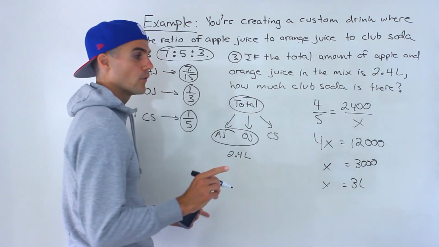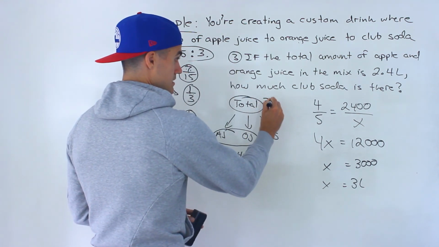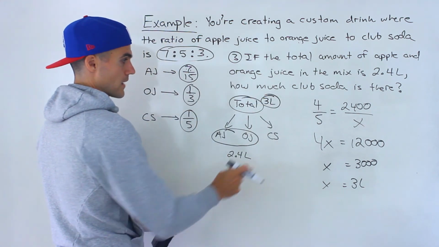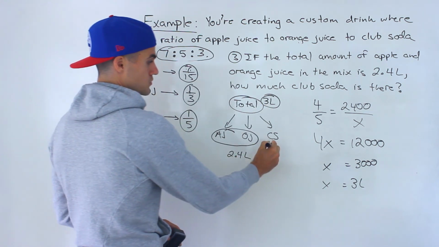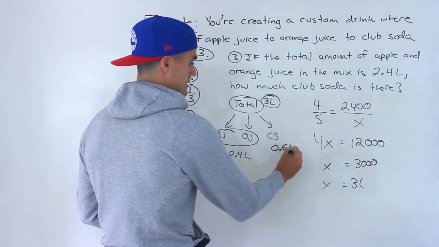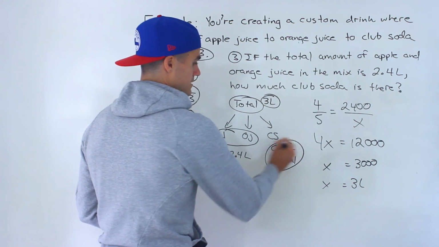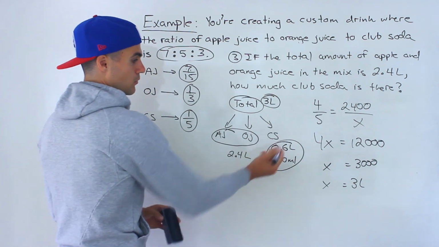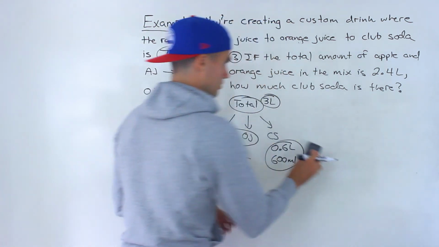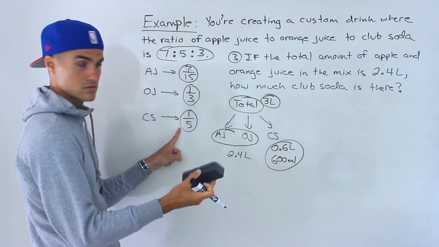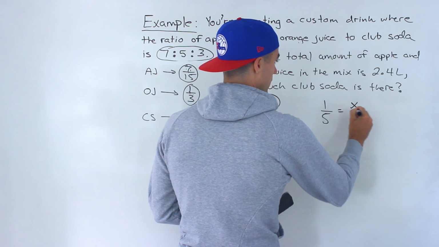That's not the answer though, that's the total amount of the drink. That's this over here. So actually with the club soda, we can just take 3 liters, subtract 2.4 liters, which would give us 0.6 liters, or 600 milliliters. So that's actually the answer. But another way you could have got this is you could have taken the total, the 3 liters, and then used this fraction. So 1 over 5 equals the amount of club soda